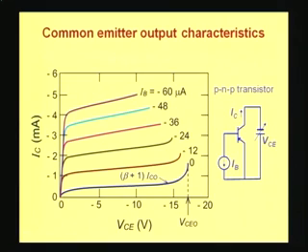The reason why collector current is also shown in negative quantities is because the convention is that when a current flows out of a terminal, then it is regarded as negative, whereas if a current flows into the terminal, it is regarded as positive. The collector current, as you see from the biasing arrangement here, is flowing out of the collector terminal.